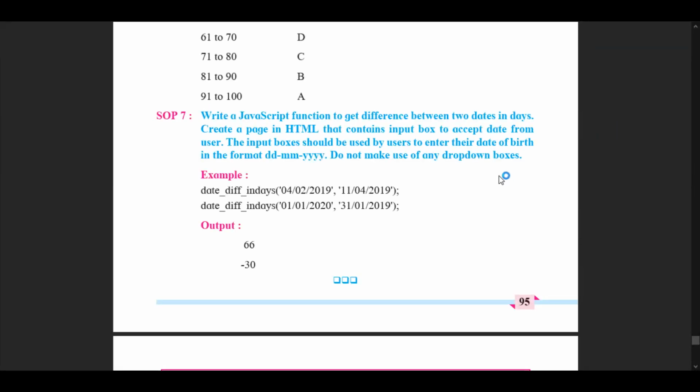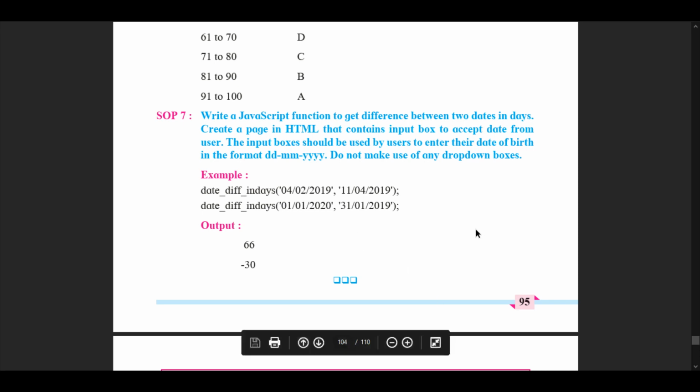So instead of 31st of January 2019, this date should actually be here first, and our 1st January 2020 should be in the spot of date 2. Therefore, 31st of January 2020 should be our date 1 here, and 1st of January 2020 should be our date 2. So this is an Easter egg that we need to correct,